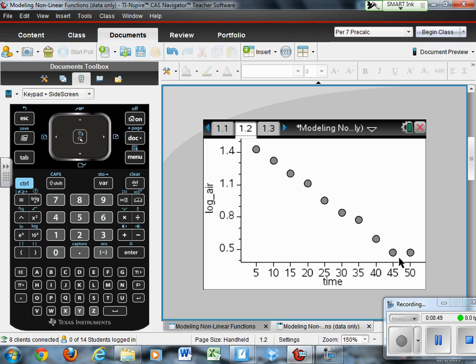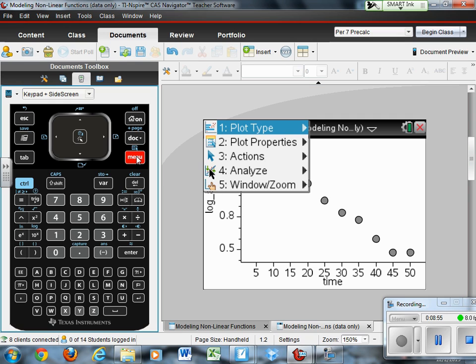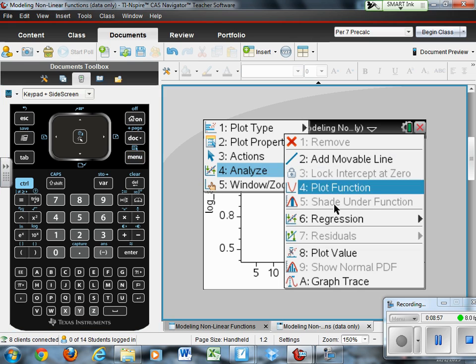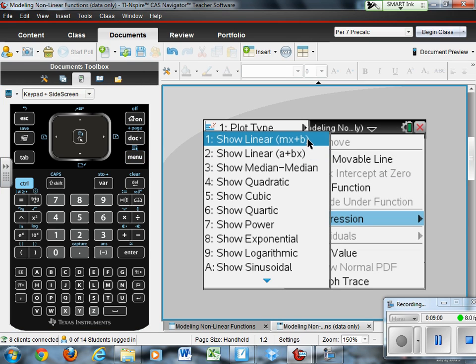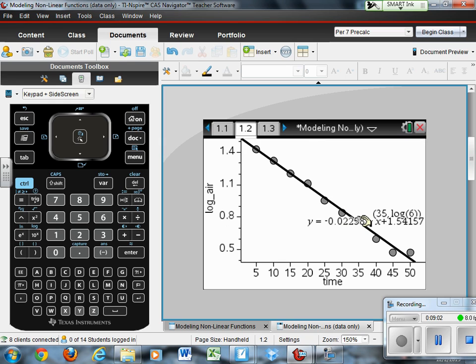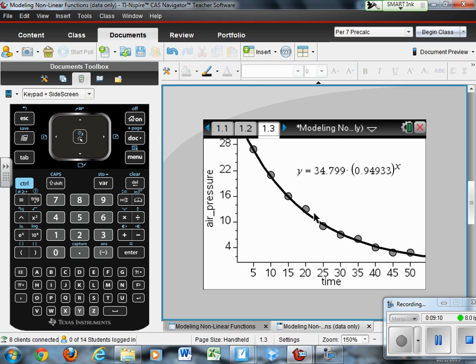So I'm going to do a linear regression on this re-expressed, straightened out data. So go to Analyze, Regression, and I'm going to do a linear regression. Notice when I do a linear regression, it seems to fit really nicely. If I go back to my calculator page and find out what the correlation is for this particular value, there's my calculator page. And notice my correlation was